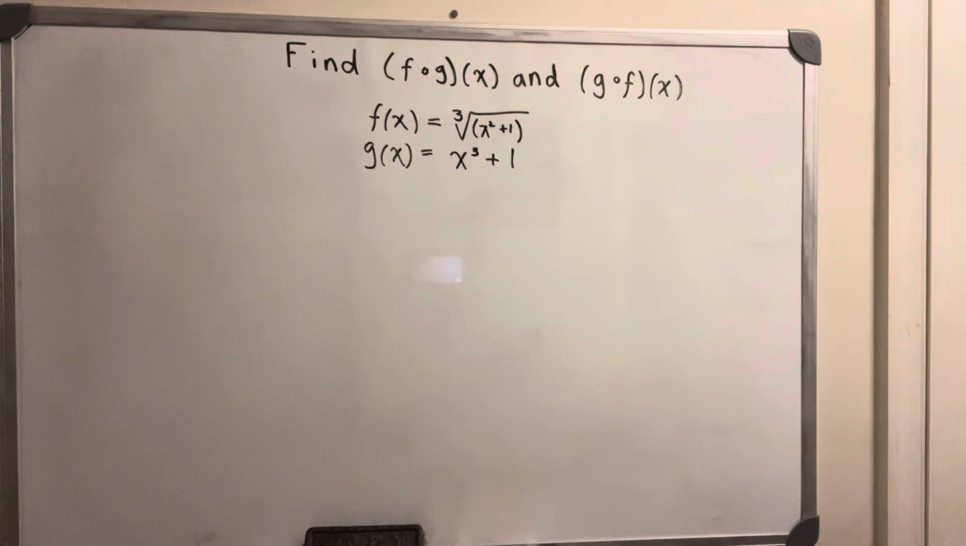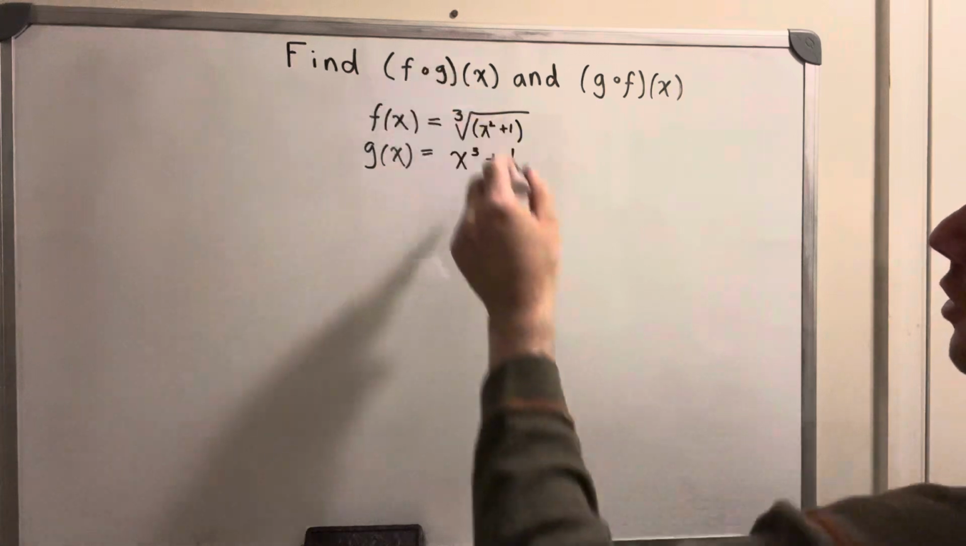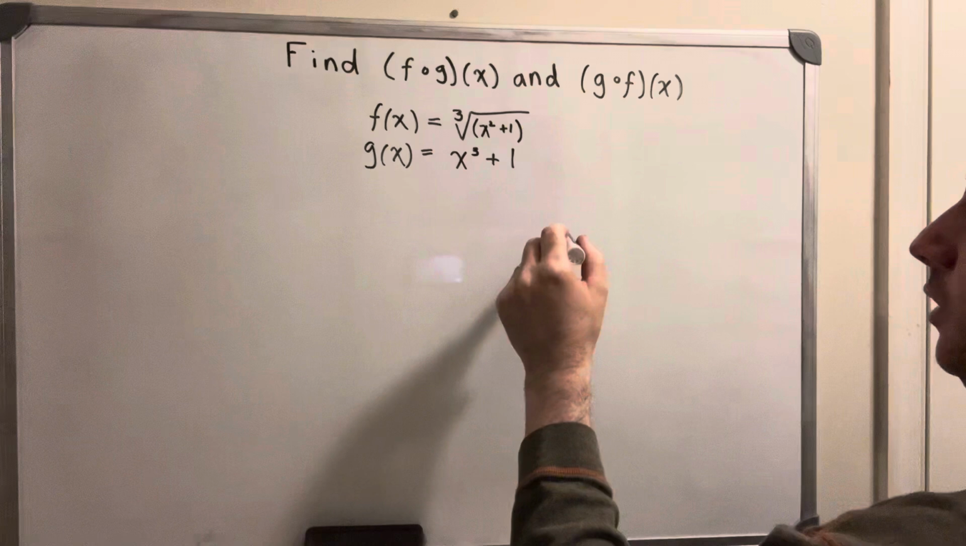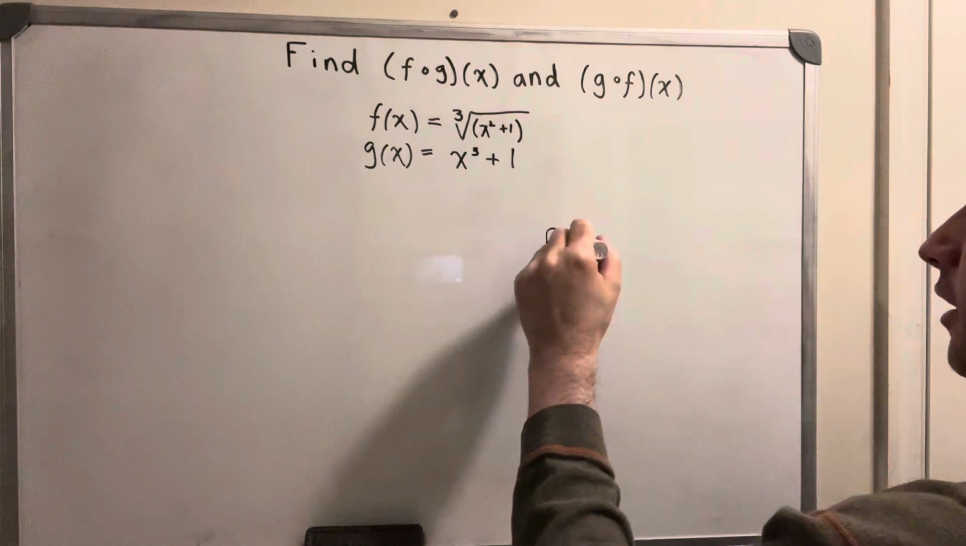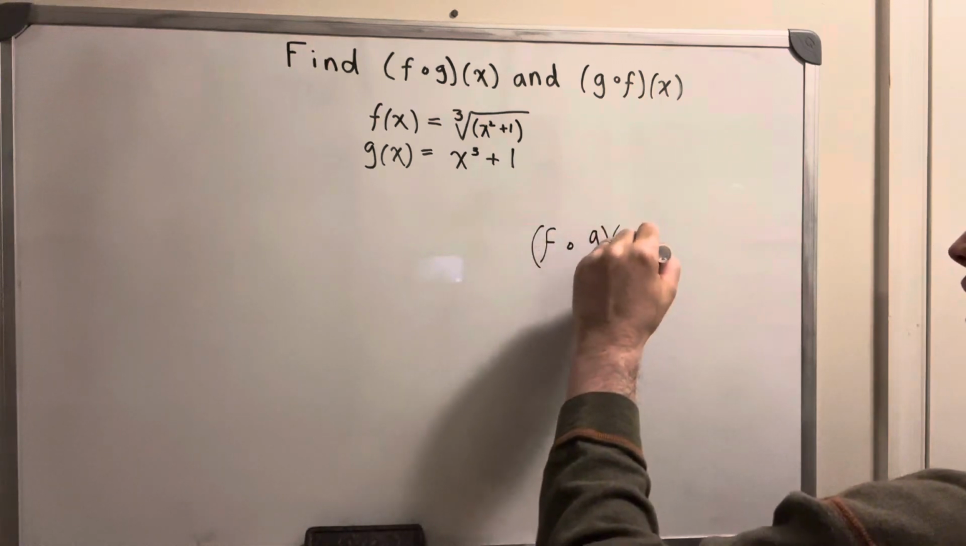This problem says find f of g of x and g of f of x. And here, f of x is the cube root of x squared plus 1, and g of x is x cubed plus 1. So a refresher on notation: when you see something like this with a small circle, these two are functions and this is the variable, and f of g of x